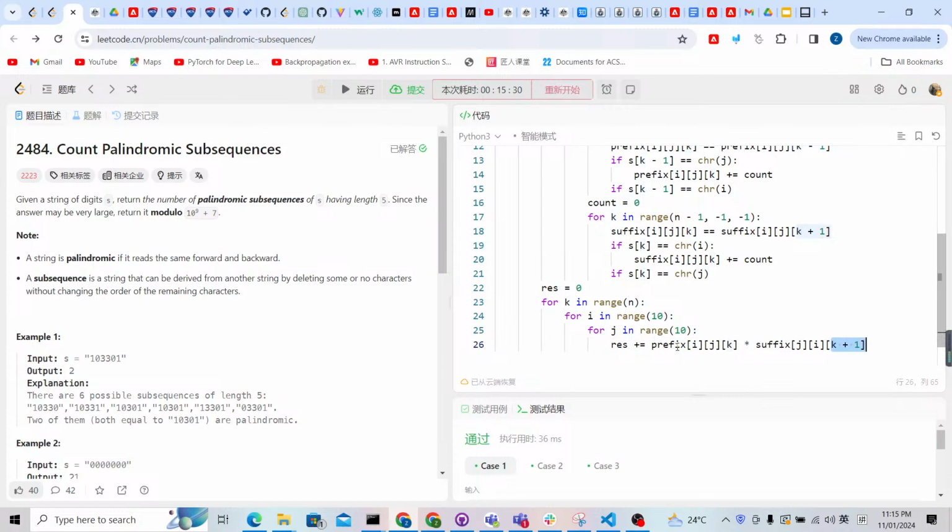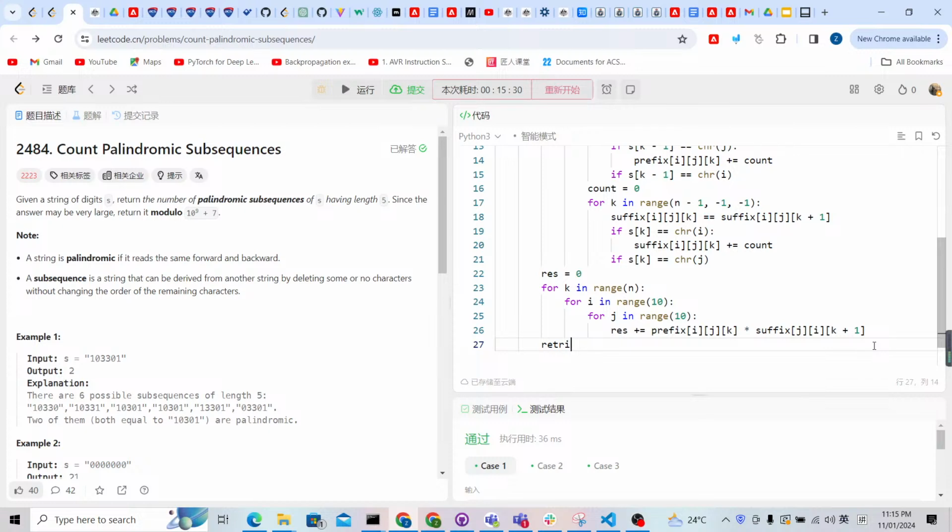From the left, for the prefix, it is ij, but for the suffix, it should be ji. You're going to count how many ji's there are at k plus 1 and also on its right side. And this is how many ij's there are at the position of k, also including its left side. Finally, you just need to return the